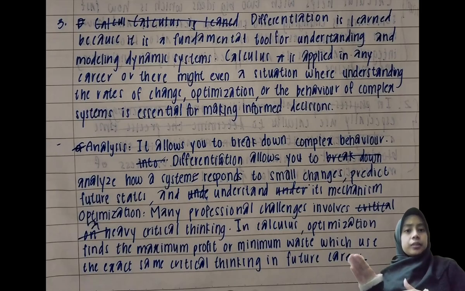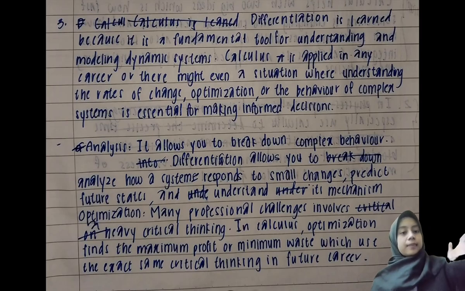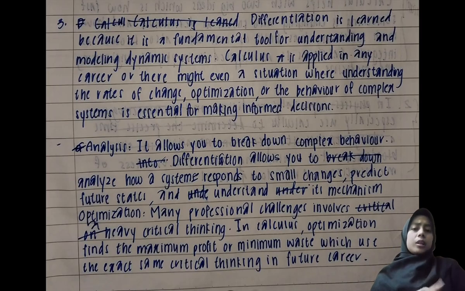Now, moving on to analysis. Differentiation allows you to break down complex behavior. It allows you to analyze how a system responds to small changes, predict future states, and even understand its mechanism. Now, we move on to optimization. Many professional challenges involve heavy critical thinking. In calculus, optimization finds the maximum profit or minimum waste, which is also the exact same critical thinking which can be used